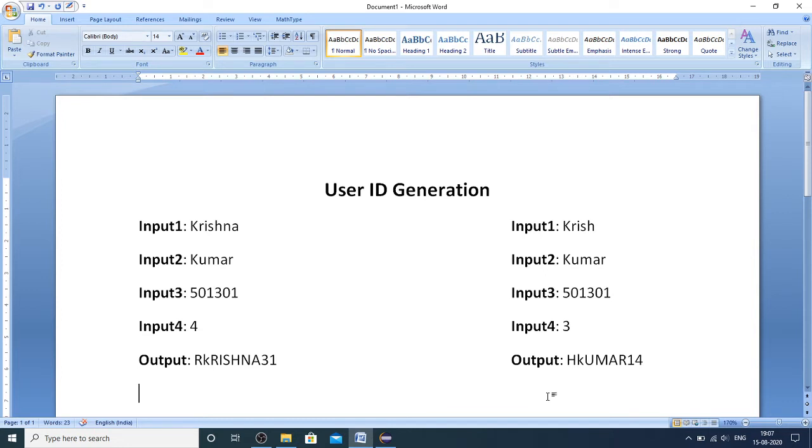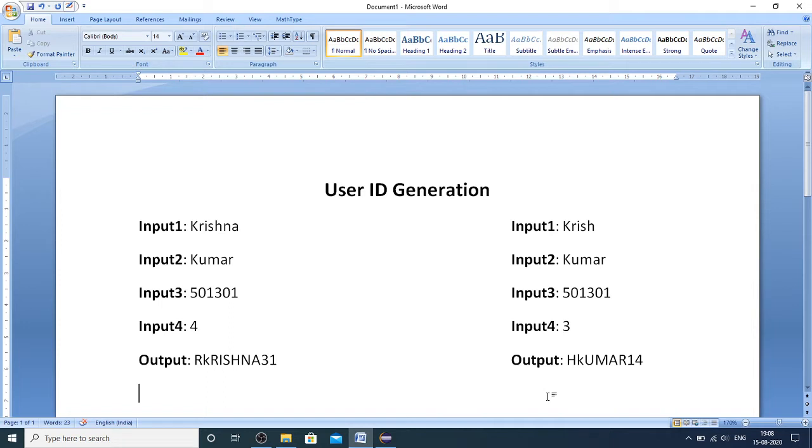Once you have identified the smaller name and the larger name, now you can generate the user ID by using the following steps. So firstly, you need to pick the last letter from the smaller name, and then you must concatenate the whole word of the larger name, and then you must concatenate the digit at position n in the pin code.